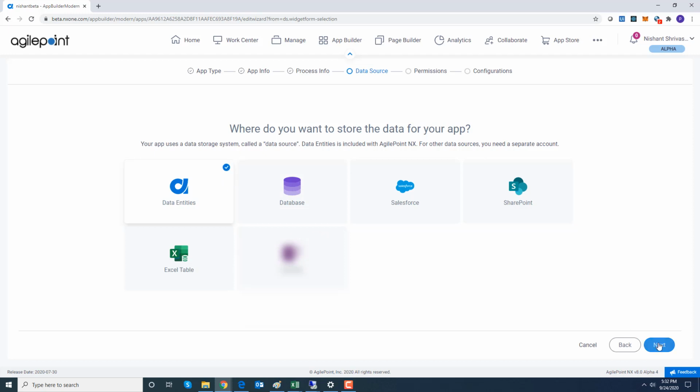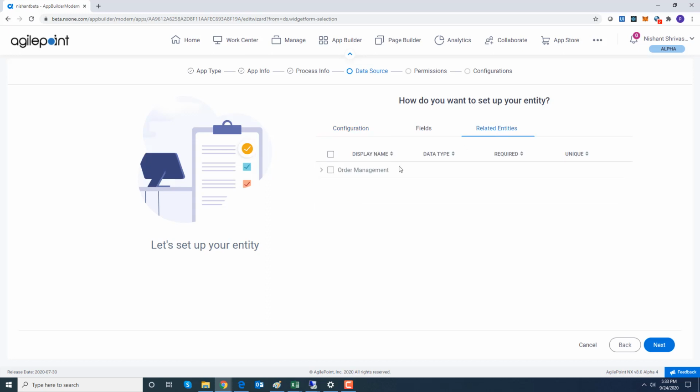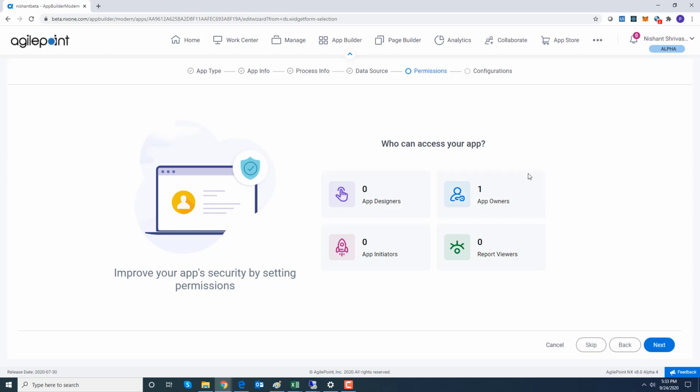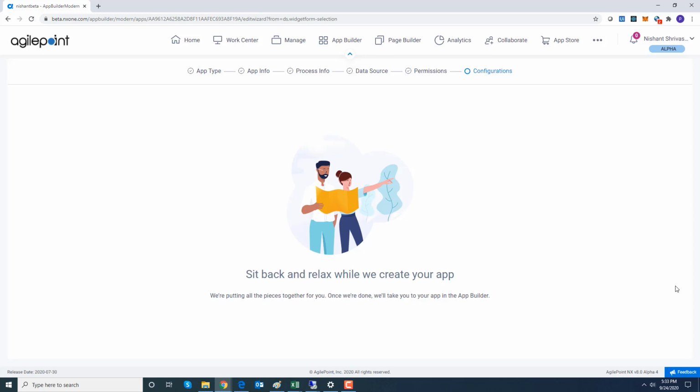I'm going to select this one, click next, give it a nice looking name. Again, go against a custom entity, and I'll select the child entity called order, click next. I can secure my application. I'm going to just go ahead and click next, and I can upload any additional resources if I wanted. Finally, I'm going to go ahead and click next. It takes that information again, generates a form based application,